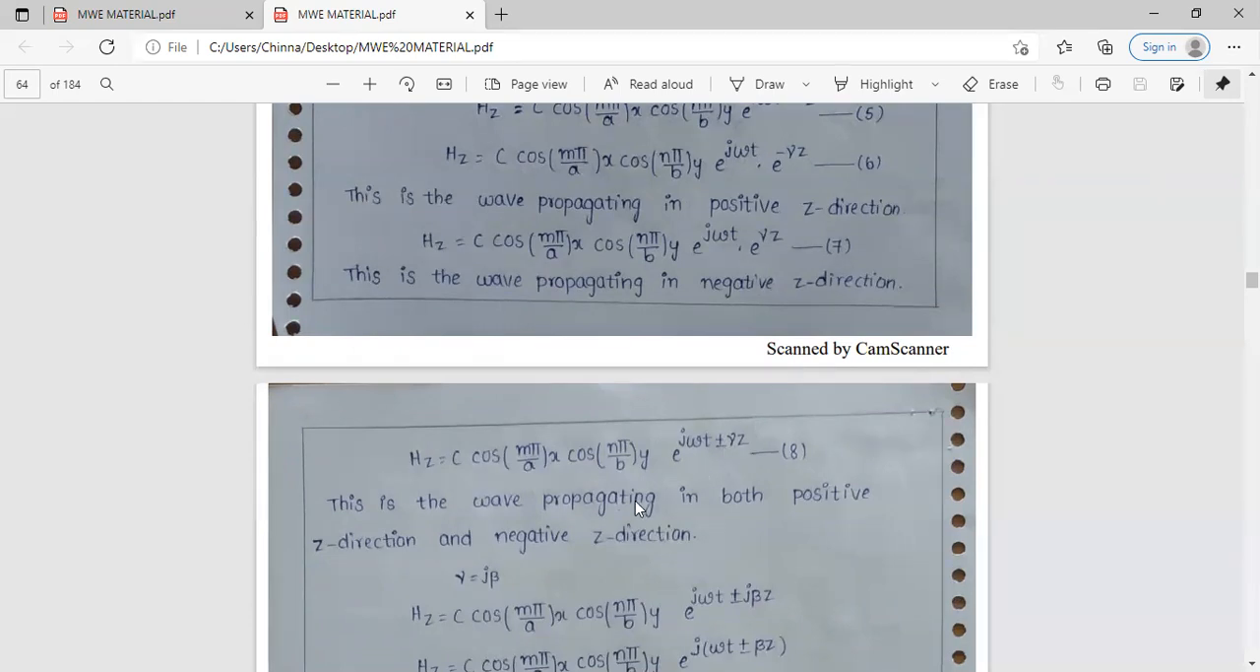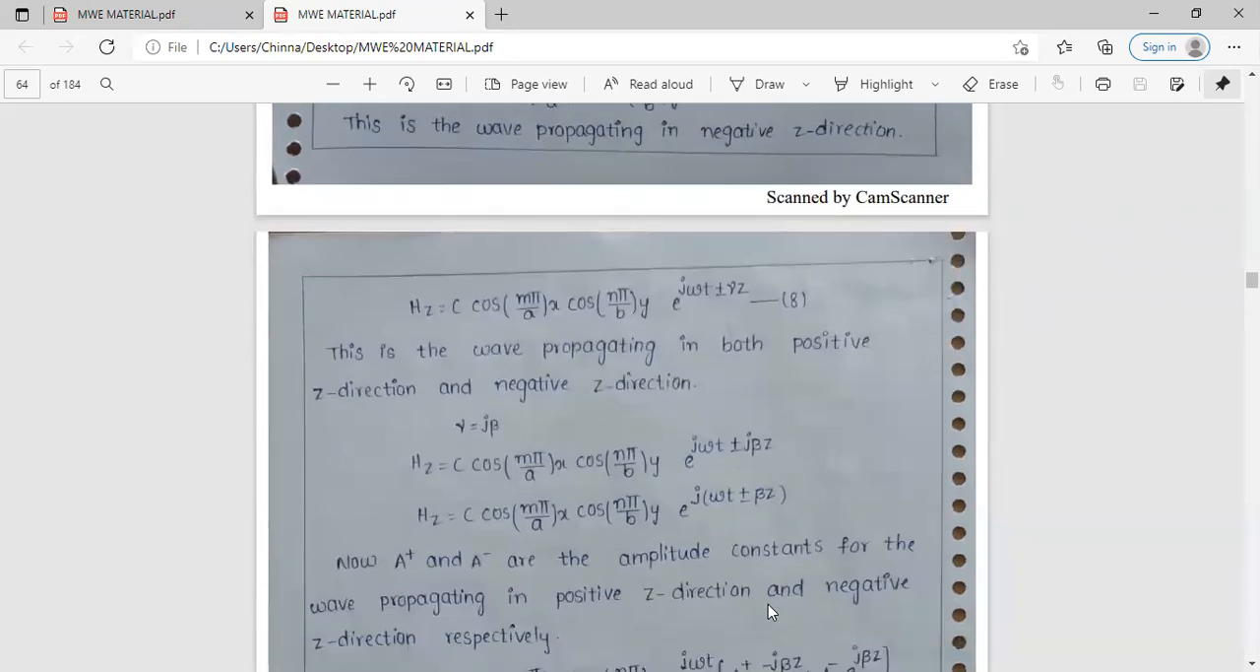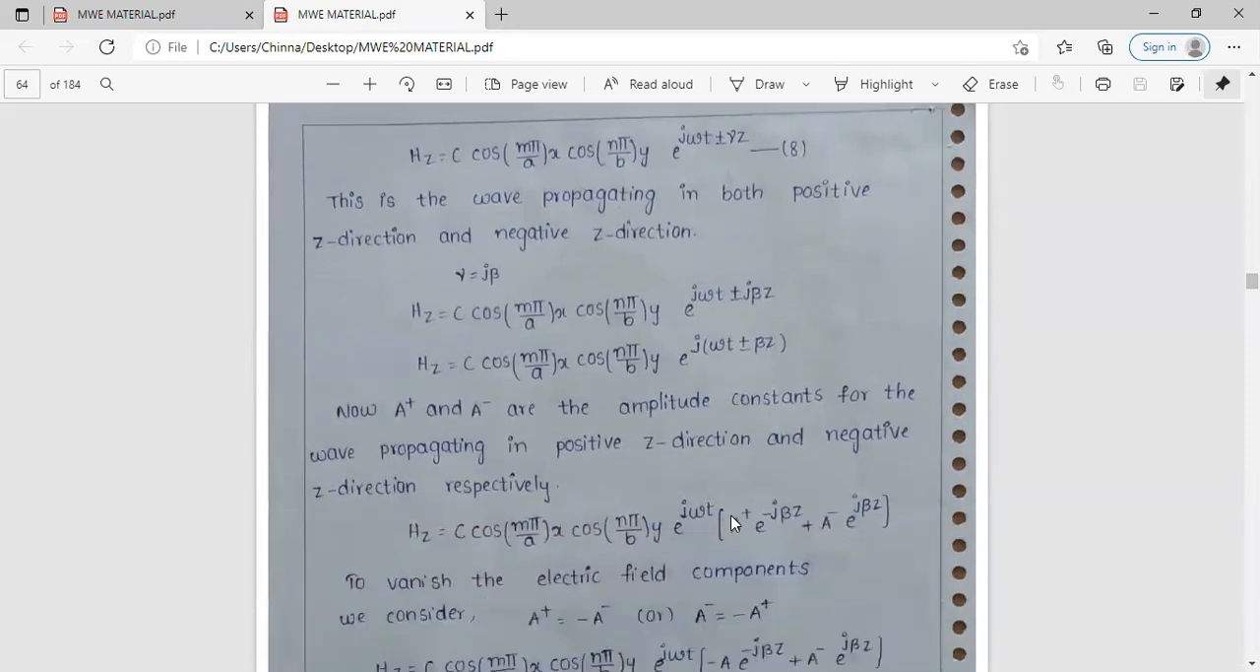So here gamma value will be j beta value. So we can substitute that gamma, j beta will be replaced, and here finally j will be common and omega t plus or minus beta z will be taken. So for the amplitude constants, for the wave propagation in z direction and in negative direction, you can add the amplitudes of A plus and A minus here. So